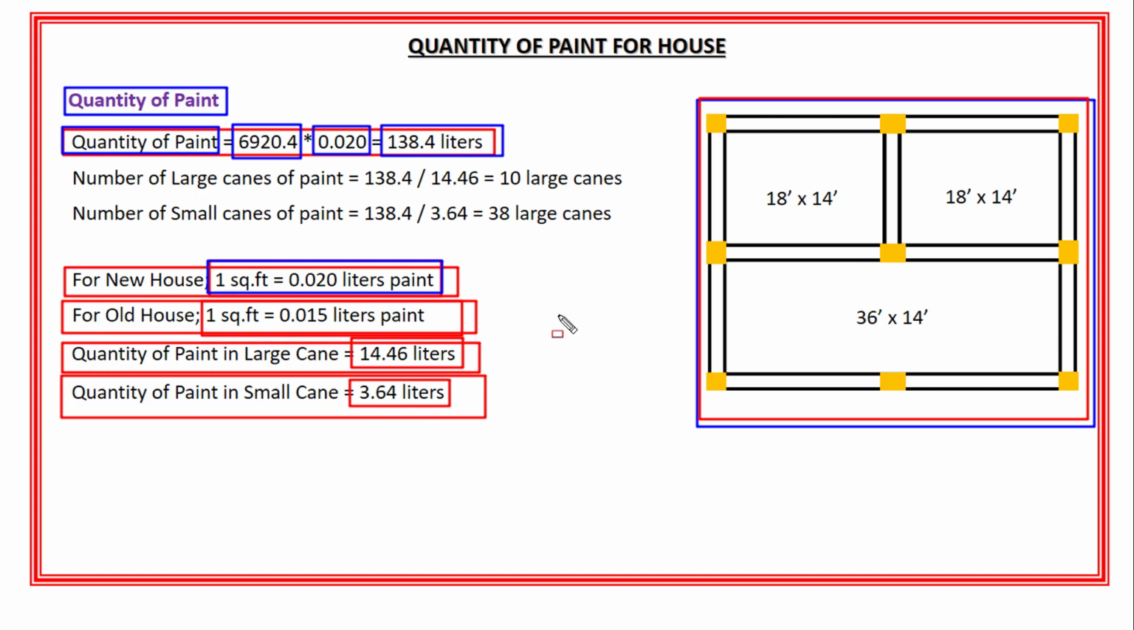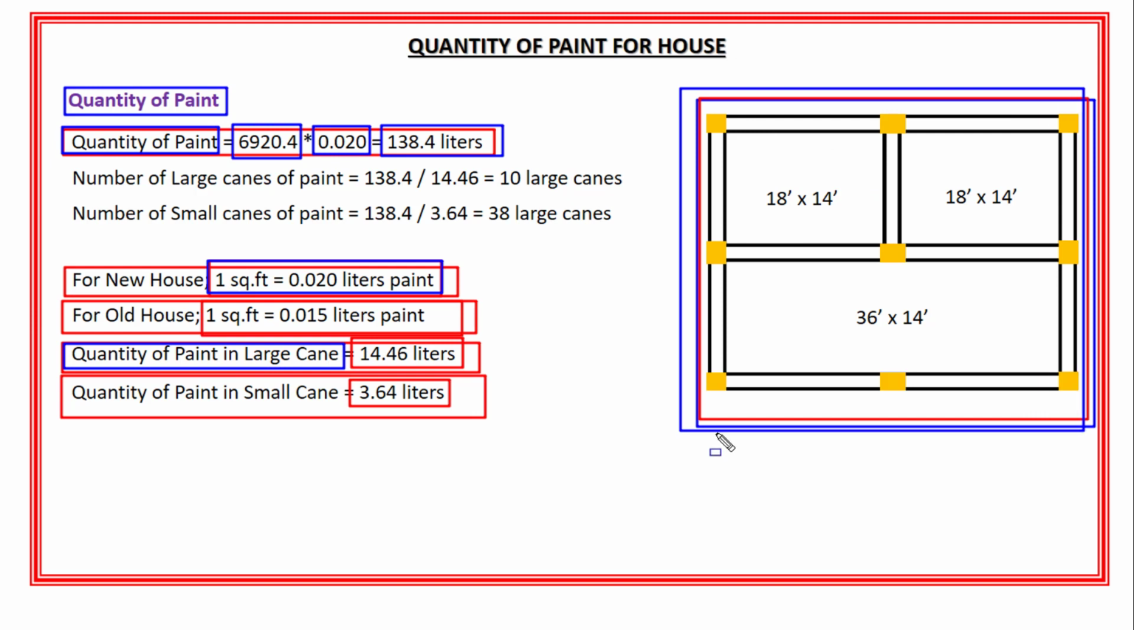Okay? Now here it totally depends on you whether you buy large cans of paint or small cans of paint. Because let's say if you have only one room to paint, then one small can of paint will be enough for you. But in case if you have a big house to paint, then it is recommended to buy large cans of paint. Okay? So for this house, let me find out the number of both large and small cans